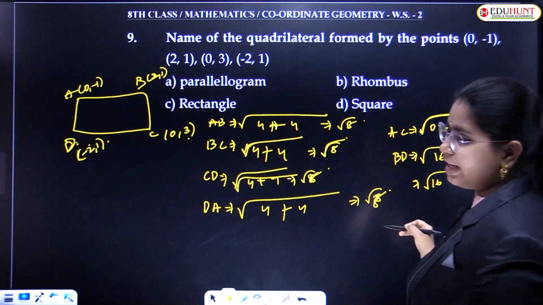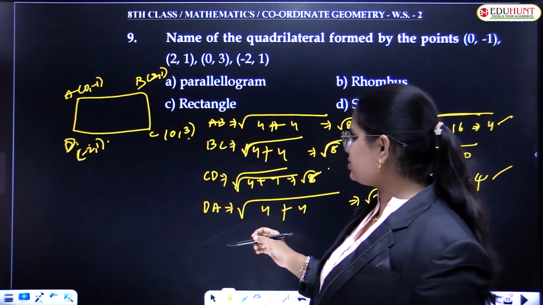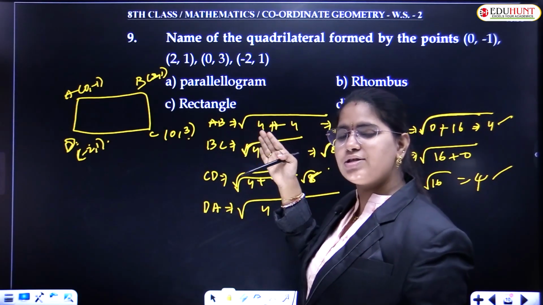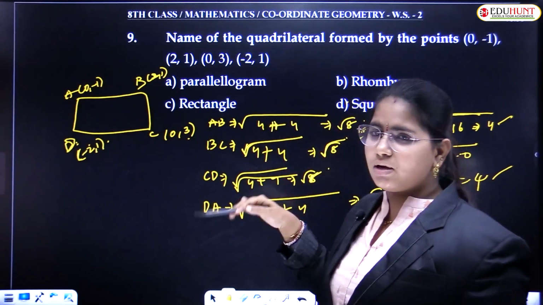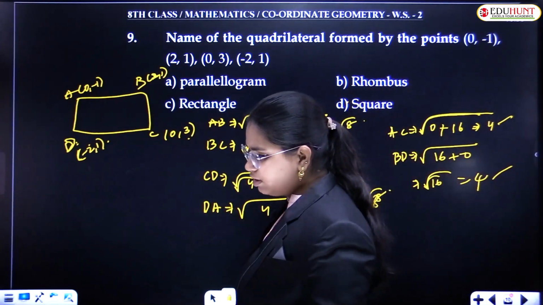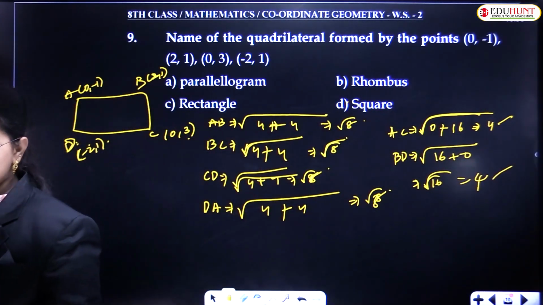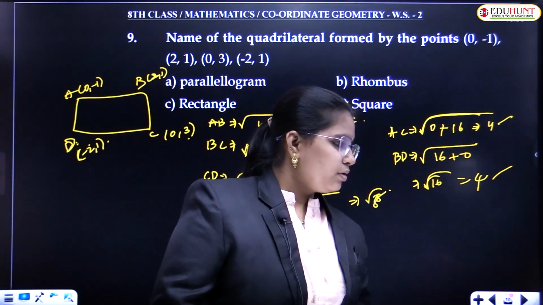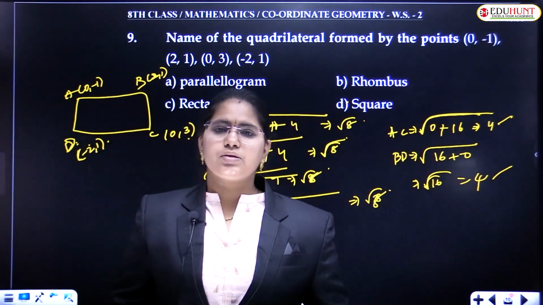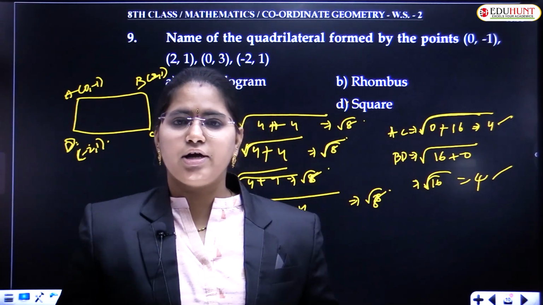So we got that the diagonal lengths are equal, and at the same time the sides are also all equal, and again it is a square. It is like the previous question, right? Just look into the problem and tell me how many of you are clear with it. I hope everybody is clear from question 5 to 9.